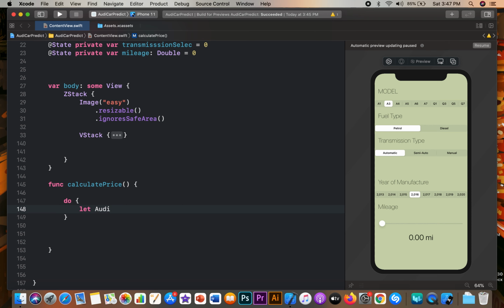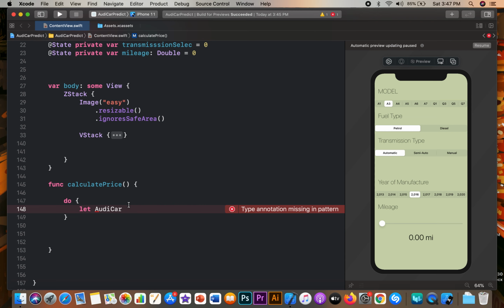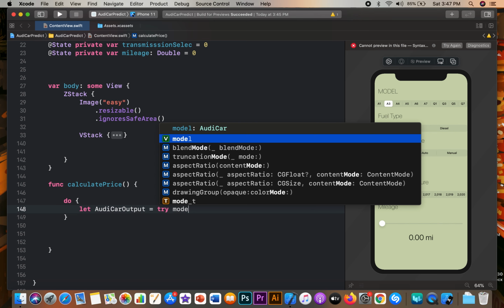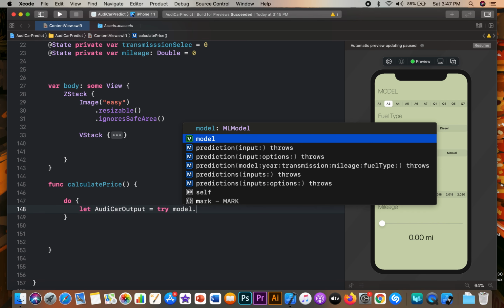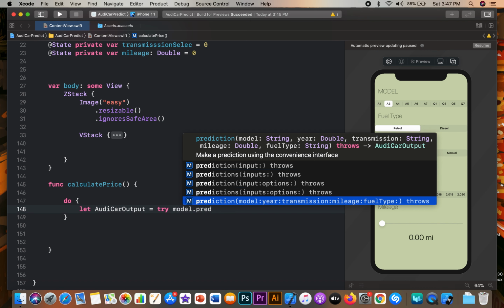So we are doing this inside a do catch block. Let's just create a constant with the same name as our ML model, and I'm telling you this is important, and you just have to attach this thing as well, output. Now that you have done this much, we would write this method, which is try model dot prediction,